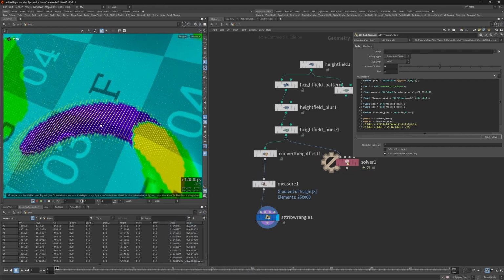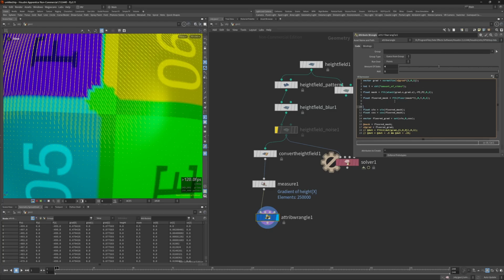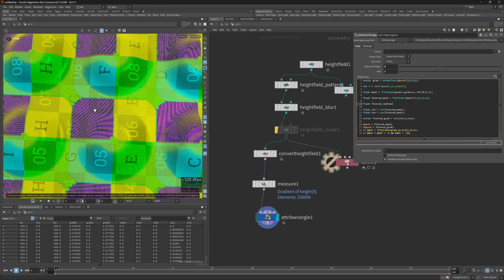It's not correct yet, I think. Oh yes, so fitting it from 0 to 4 to 0 and 1, but we don't want the floored mask, we want the floored radians, because sine and cosine work in radians, and a full circle is 2 times pi of the amount of radians. So 1 pi radian is equal to 180 degrees normally, so we need to fit the floored